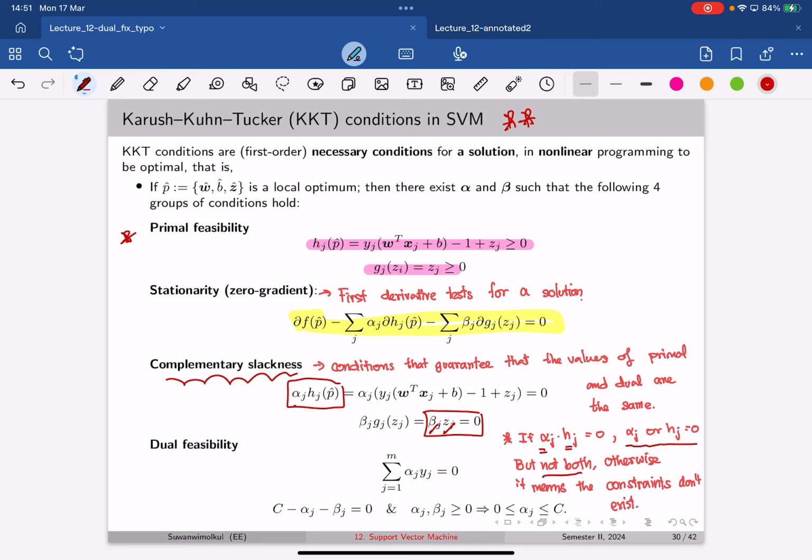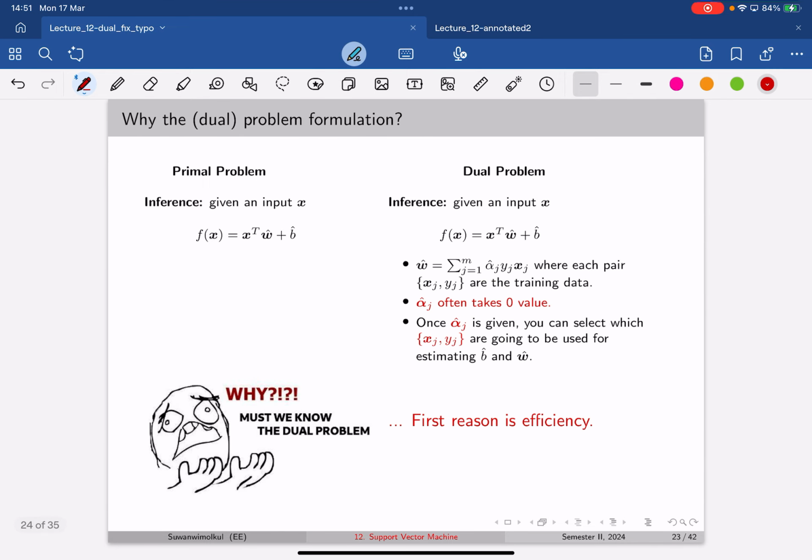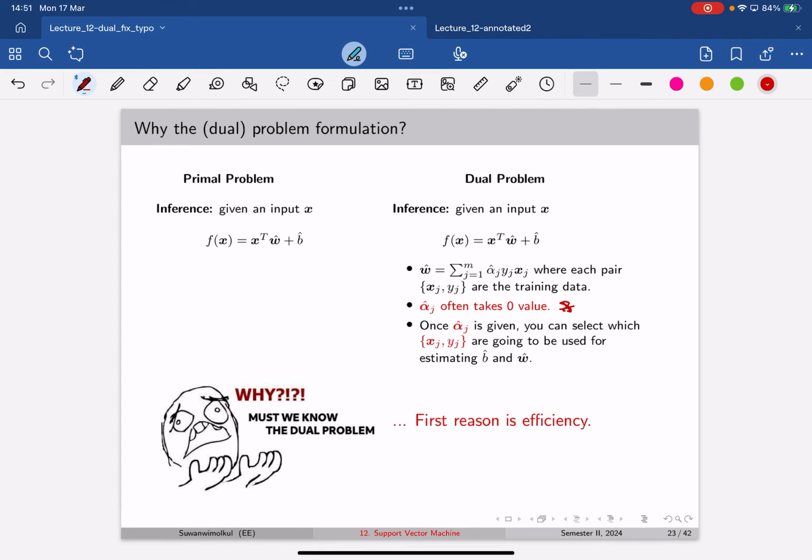So this is something to keep in mind when you analyze, because I understand that for some students, when they go back and try to recap, they will have this idea: when both are equal to 0, why do we just consider one, not both, one of them? Okay, so hopefully this proved to you the efficiency of using the dual problem